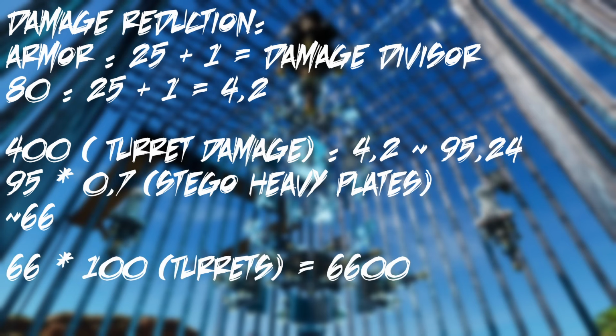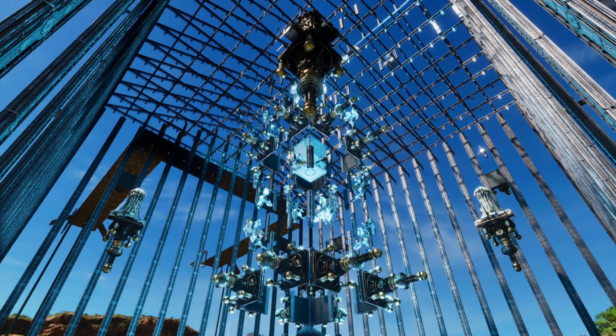The math is shown on screen right now. Even if you have 100 turrets firing simultaneously, that's only 6600 damage per volley. That stagger can take about 30 volleys from all those turrets, and that's without factoring in mate boost, raising bonuses,